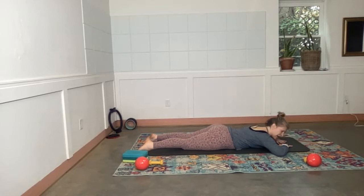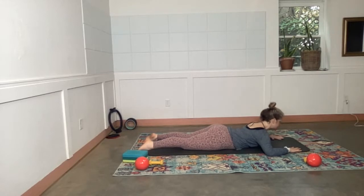Those of you with kind of tighter shoulders and neck, maybe sliding your hands wider so the hands are as wide as your shoulders and the elbows are a little bit more out to the sides. Maybe that's just a better way to set it up. So move around there and see what you like best. We're going to do 3 more here. Lower